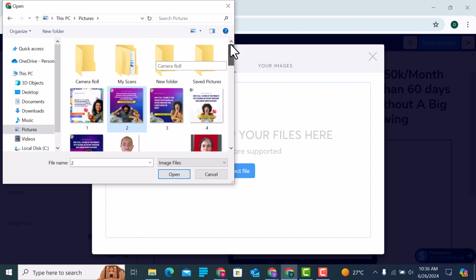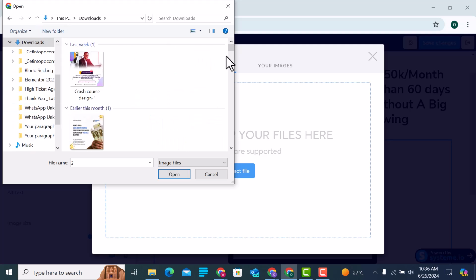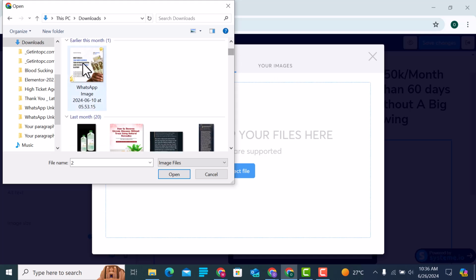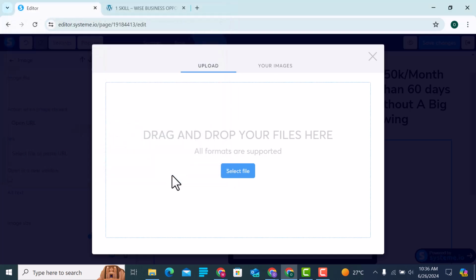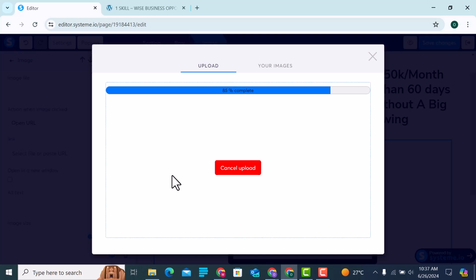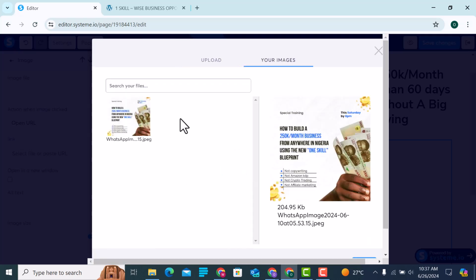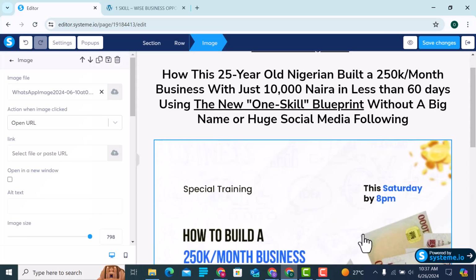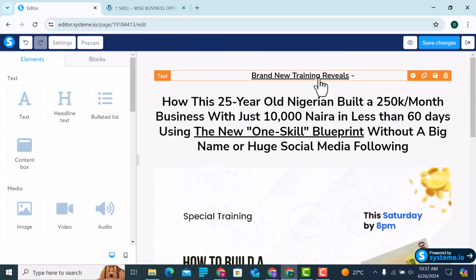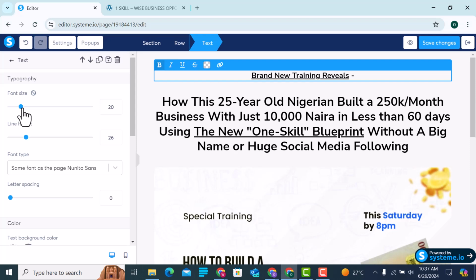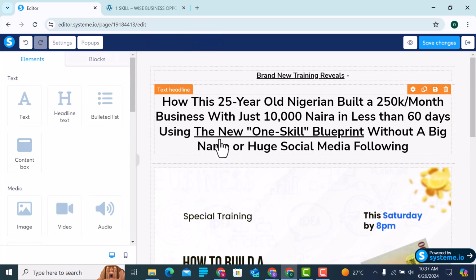Let me just do a proper work. Open. So I think we should reduce the size of this. I should reduce the size a bit to 18. What about this?